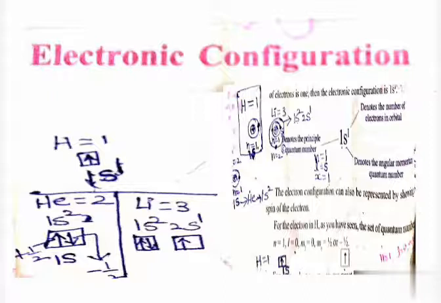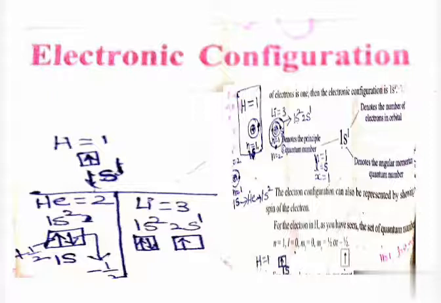So now we will take hydrogen and write its electronic configuration. Hydrogen, atomic number 1. If we arrange the electrons in the orbitals, we get the structure shown in this box. For H, the nucleus will be in the middle and the first shell, N is equal to 1, will be there. In the N is equal to 1 shell, only one subshell is there, that is 1s.